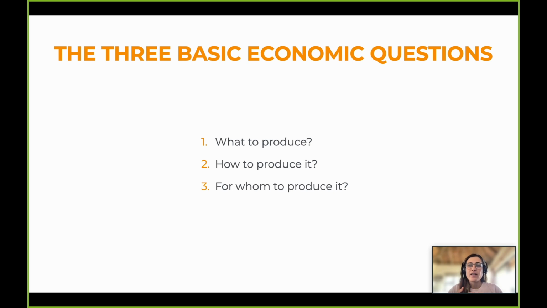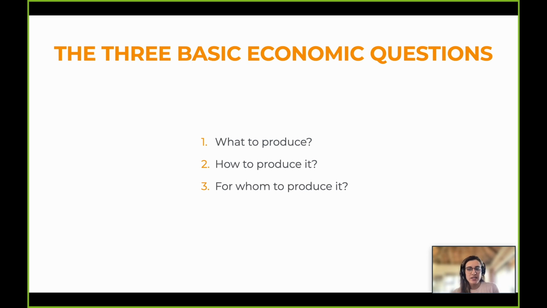Okay, and then with this, there are the three basic economic questions. What are we going to produce? How are we going to produce it? And who are we going to produce it for? These questions are helping us decide how to allocate those limited resources. What are we going to produce? We're not going to produce something that people don't want, okay? That's just business sense and that is government sense, and we are not going to benefit from producing something that nobody wants.